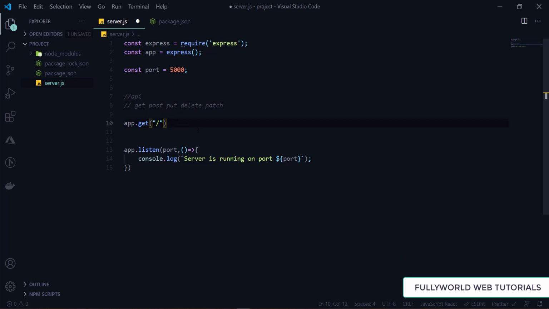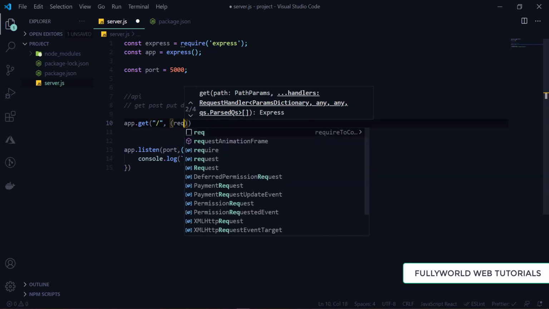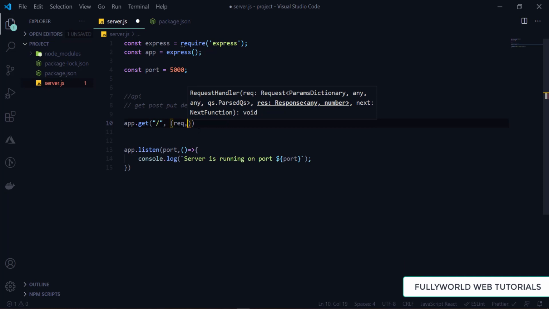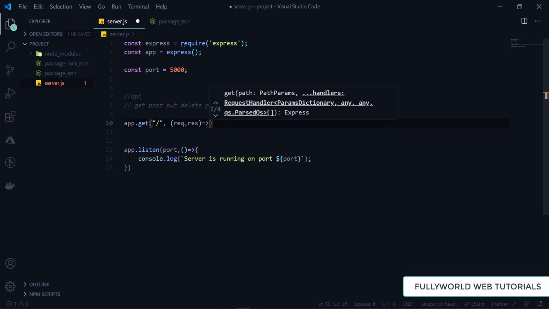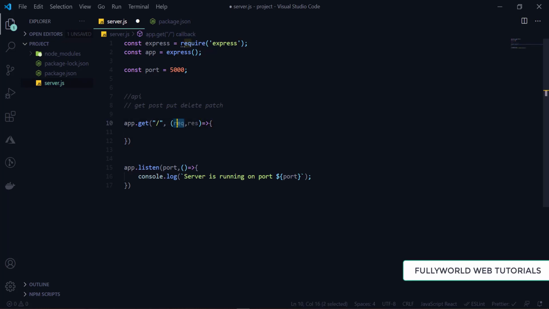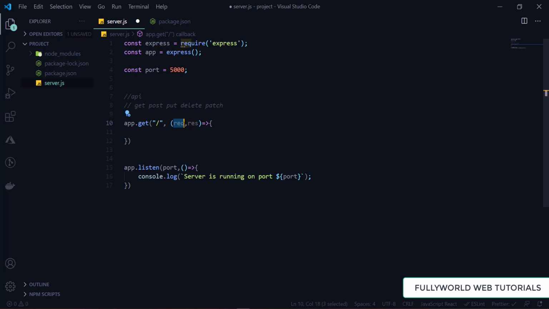And then there will be one callback function, and first of all, two parameters will be there. First will be request, and then response. Request means we are getting request from any form, or we are getting HTTP get request, etc. That request will be handled by this variable.